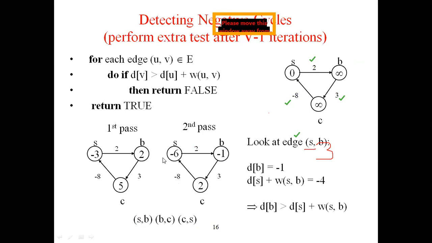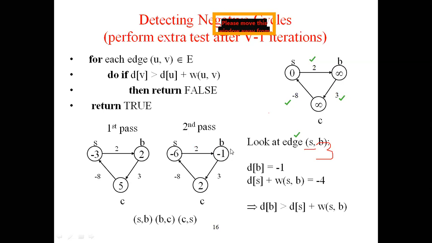There is a cycle. Since if D of B is greater than D of U plus W of U comma V, this condition is satisfied. Since -1 is already there, but you got -6 plus 2, that is -4, and -4 is less than -1, or -1 is greater than -4, then in that case it returns false. So after 2 tests, at the third test,